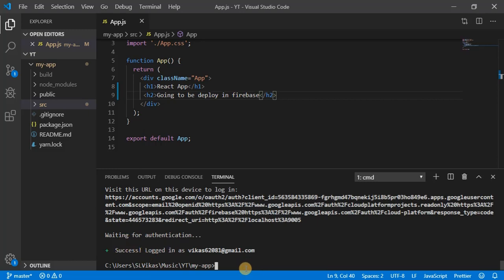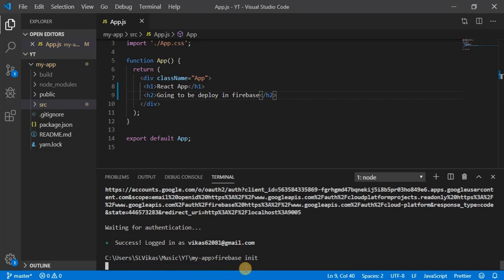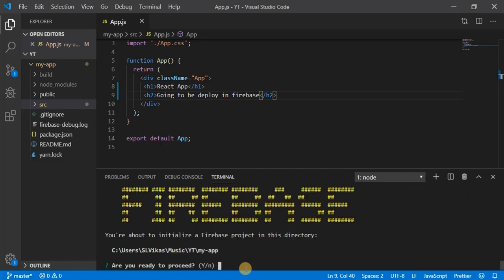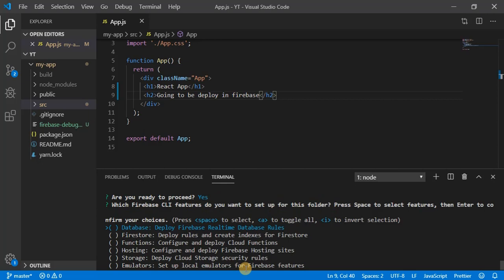Okay, now you have to do firebase init, to initialize the deployment. So firebase init. Here it will ask a bunch of questions, so you have to answer. Are you ready? Yeah. So click yes, and these are the functionalities provided with Firebase.